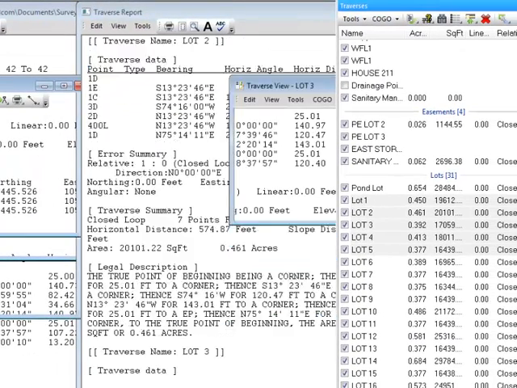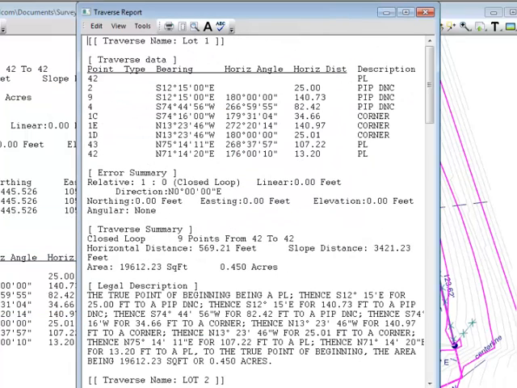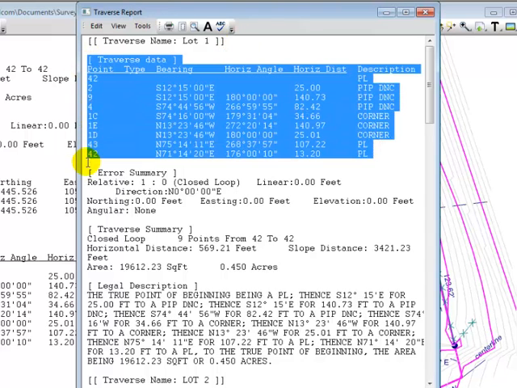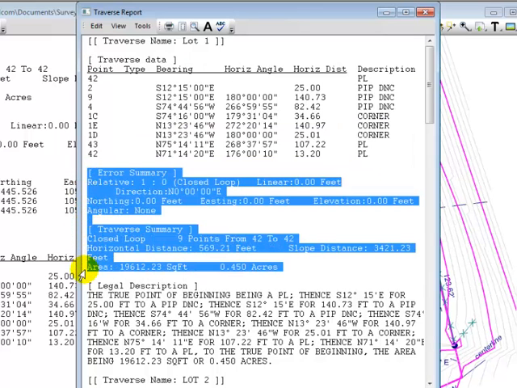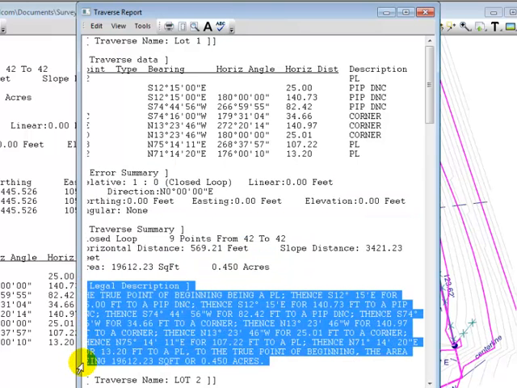And Traverse PC is going to generate a unique report called the Traverse report. So every traverse that I selected, lots 1 through 5, is now included with the same information. So for lot 1, I can see here's my traverse data, here's my error summary and traverse summary out of the closure view, here's the legal description, and then I start over with the next lot that was selected, lot